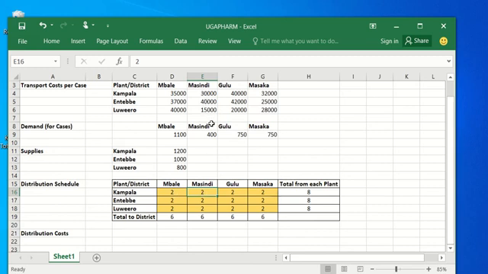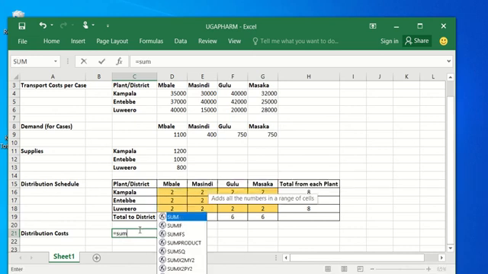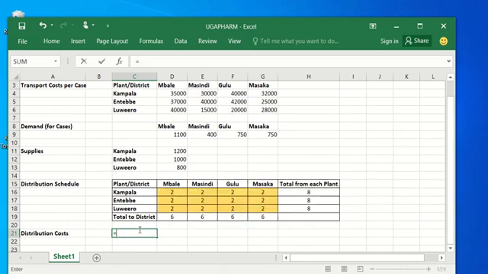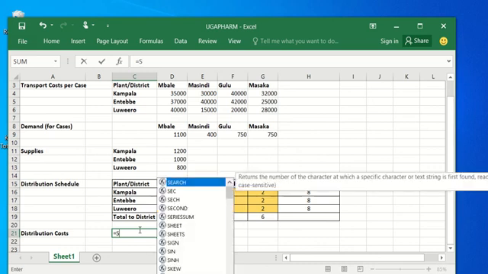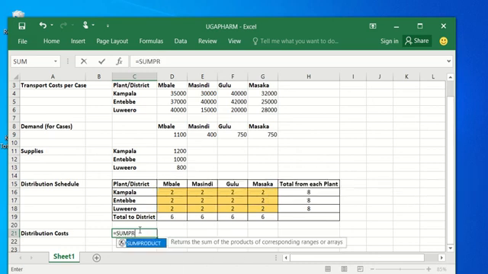So we have to add all these costs, and the function we are going to use is SUMPRODUCT. SUMPRODUCT helps us to sum up all the products of the different costs we have. So let me go ahead and click in the cell where I want my distribution cost to go, and I'm going to start with the equal sign, and I type in SUMPRODUCT. Let me use caps so that you can clearly see. This is SUMPRODUCT,